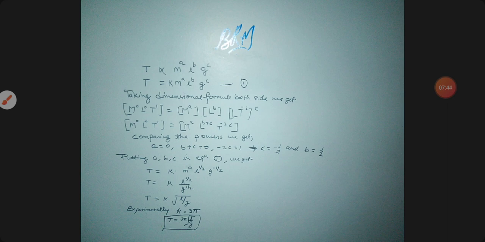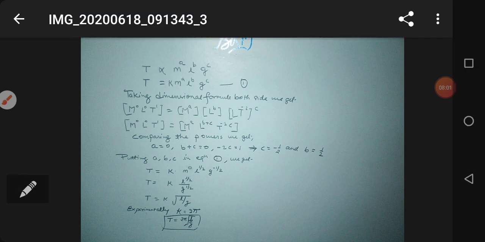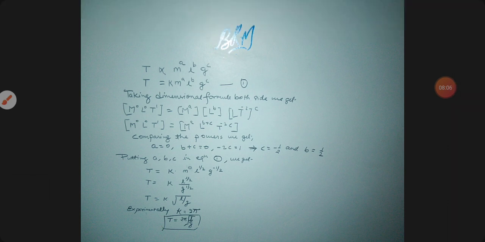Understood? So we have seen here that dimensional analysis can help you derive any expression, but if there is any dimensionless constant term, dimensional analysis will not help to find that constant. But we can find the expression in terms of physical quantities which have dimensions. Understood? So we have tried to understand the third application.